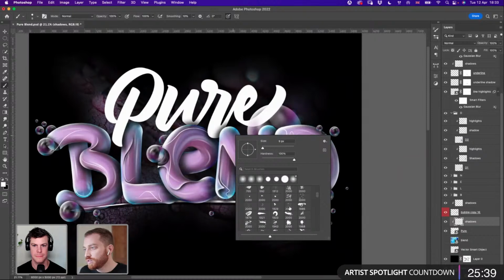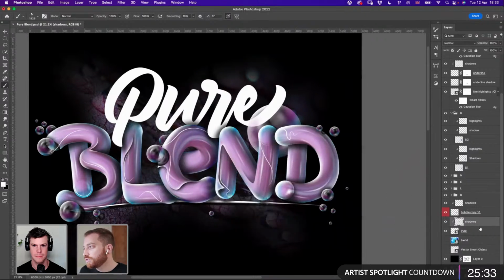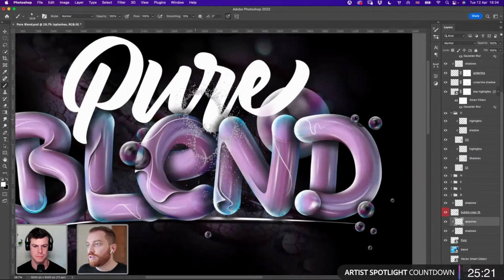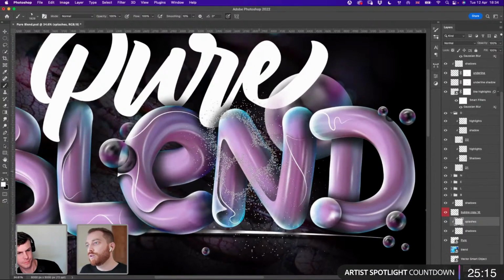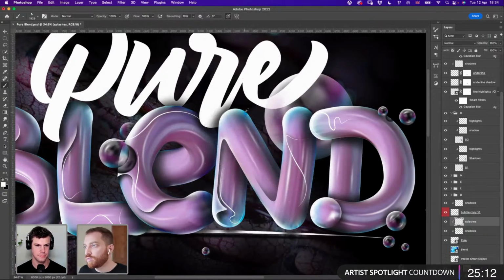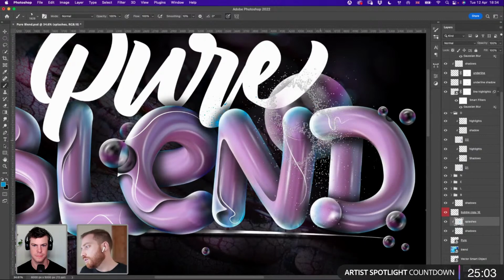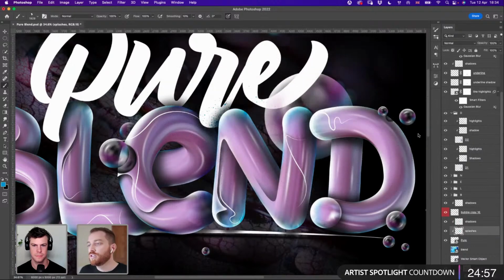Let's try with something like this and see how they work. So I will add a new clipping mask because I would like to add the splashes on the word pure. Let's name that splash. And I don't want to have it very obvious, so I will choose a color similar to blue, which is close to where I will put the brush. So if I do that, maybe if I put it under the shadow, like this is better.